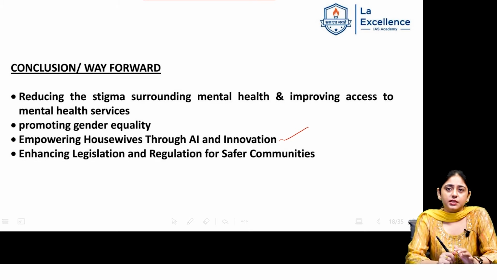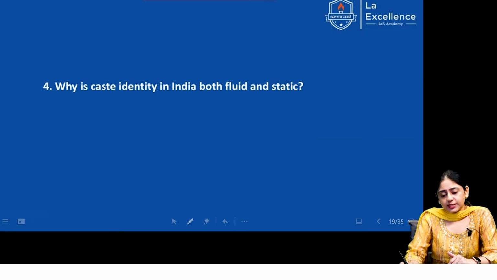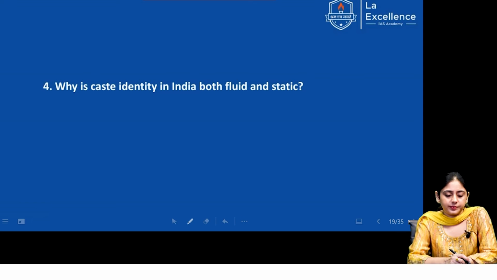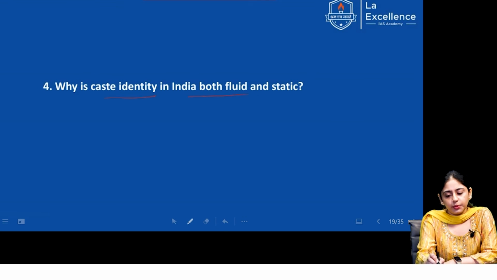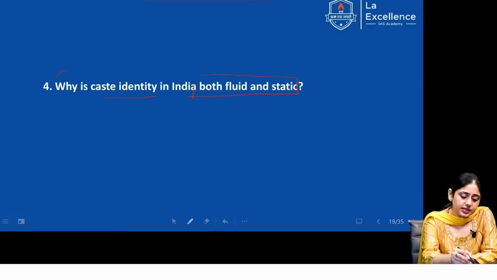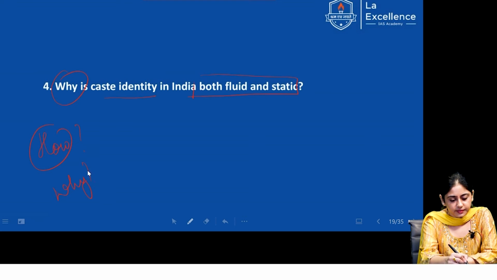So this was the question about the increasing suicide rate among women. Now the next question, the fourth question, is: why is caste identity in India both fluid and static? Now you have to take care, they're asking why and not how. There's a difference between how and why, right? So you have to give reasons